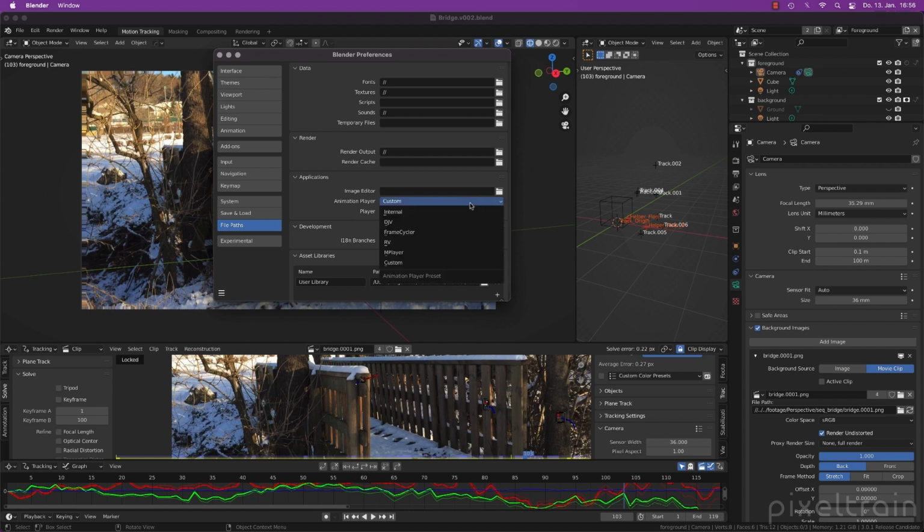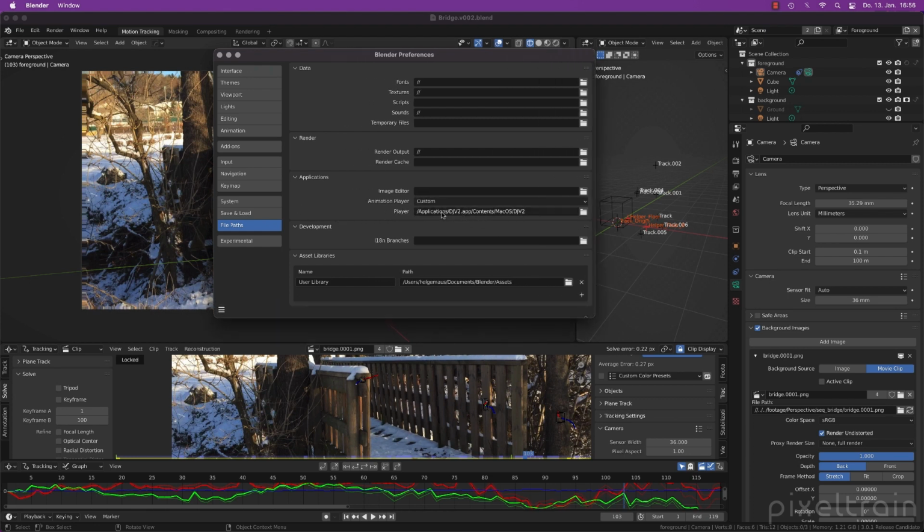So I set my animation player here to custom because I'm a Mac user. Our applications have a package and you have to find the executable inside of the package. If you're on PC, I think it's absolutely enough to select here your player. I normally use for my visual effects work DJV, which is a free player which you find on the internet. You can download it for free and install it. It's great. And I select here custom, and you see my path goes into the application package here to the executable which is inside of this package.